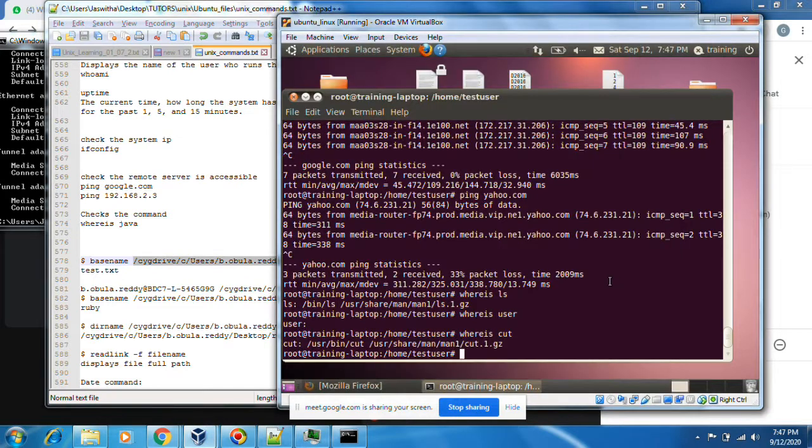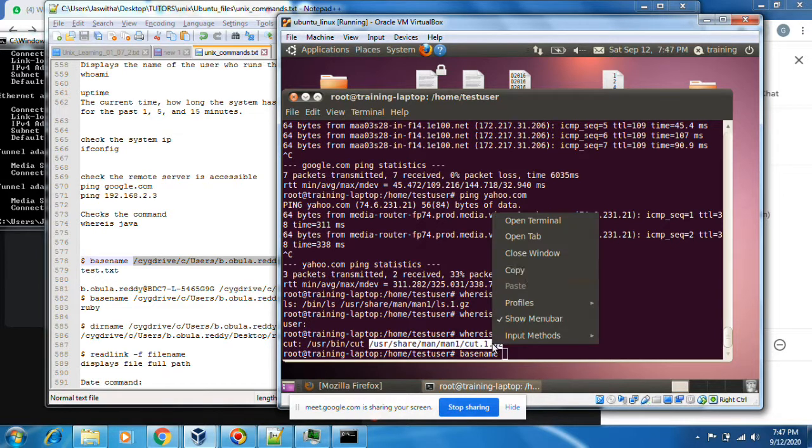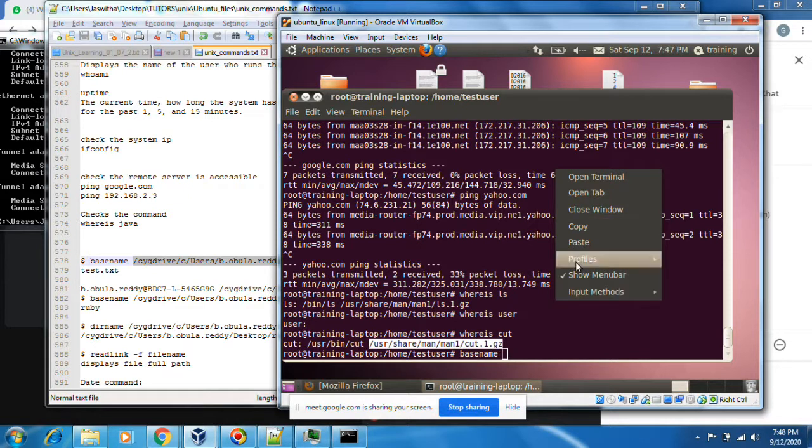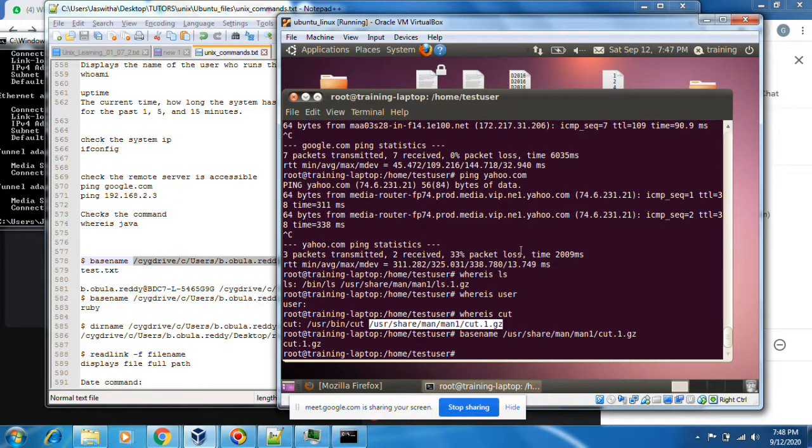Suppose this is the full path; the basename is the name of the file, and I want to get it from this path. Sorry, basename is only the name, and this is dirname.